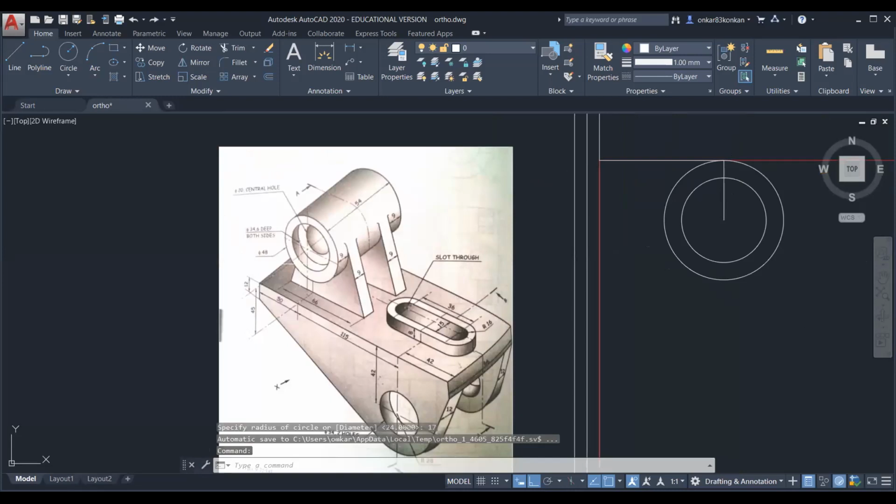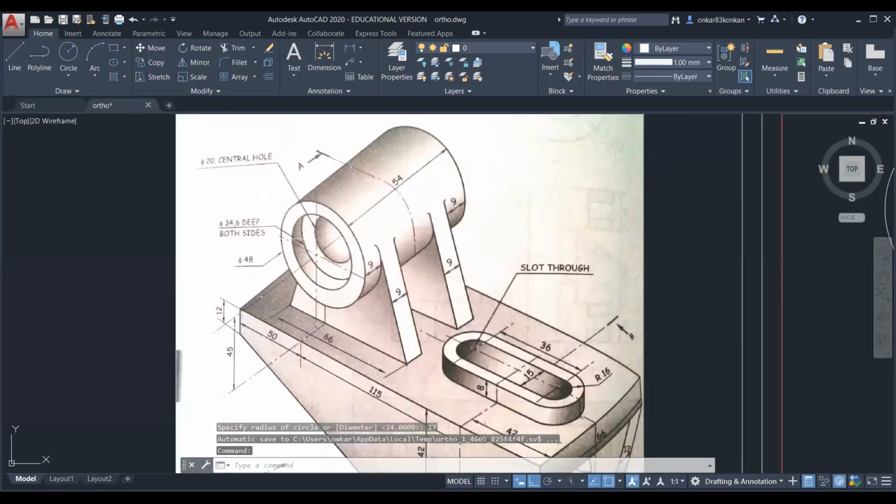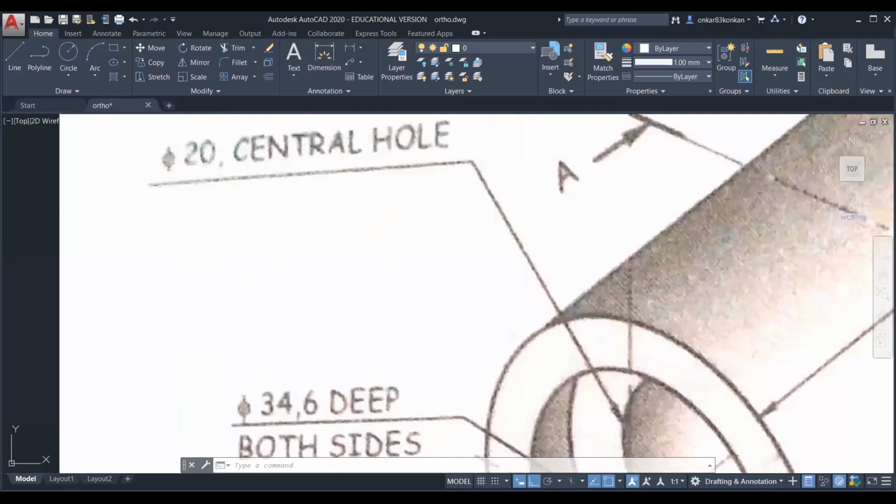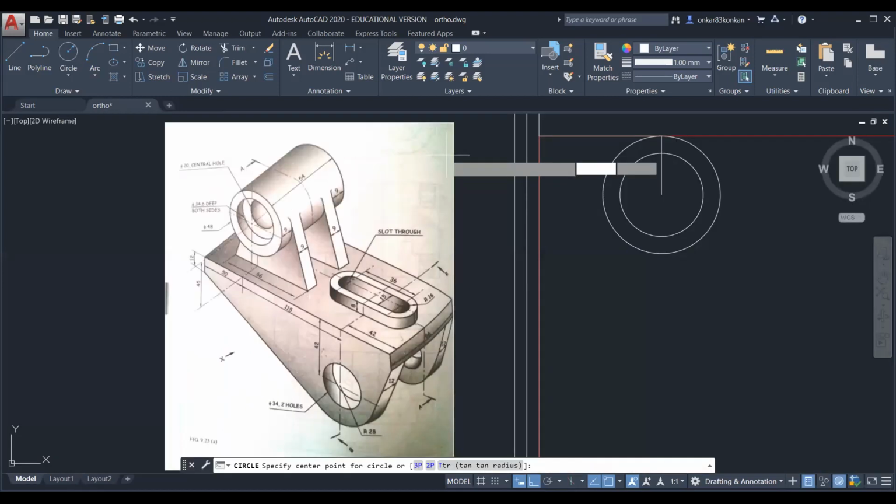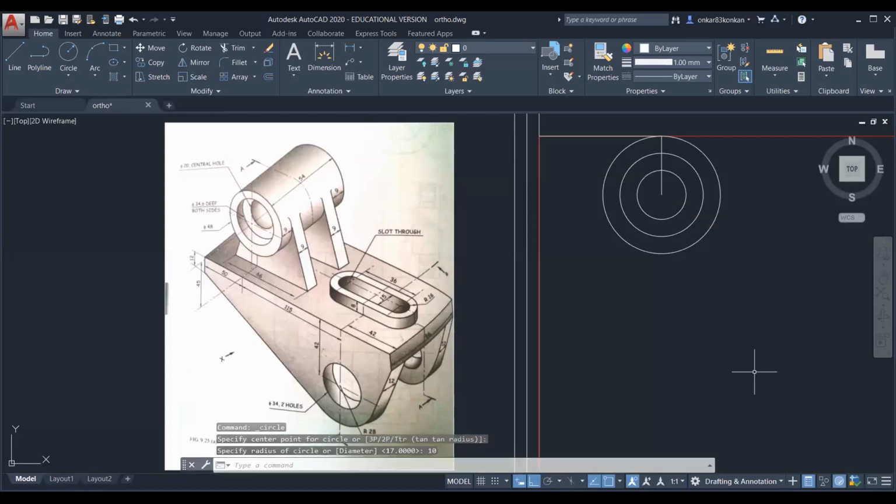Okay. And there is another circle. Its diameter is 20. So again, select circle. Radius is 10 mm.